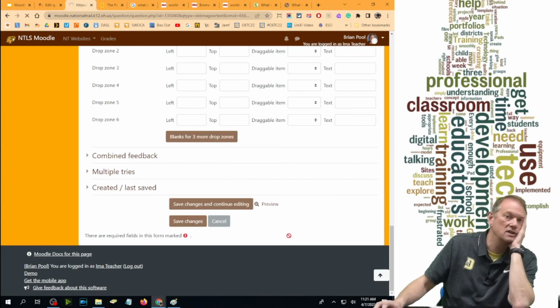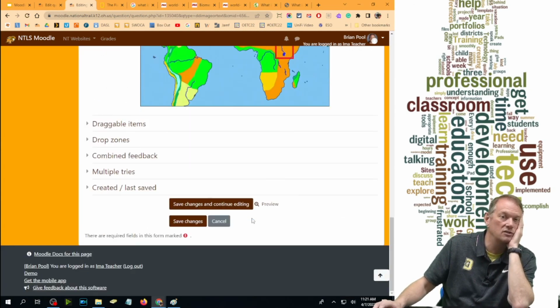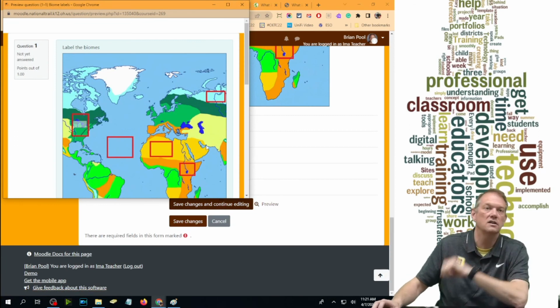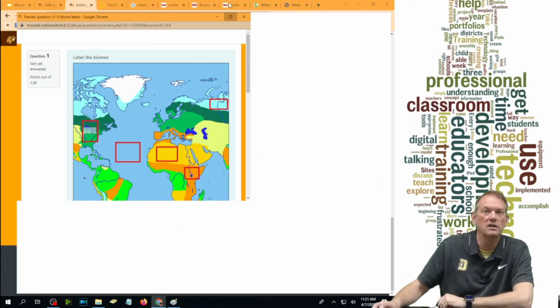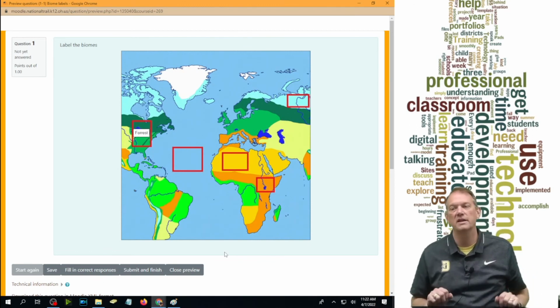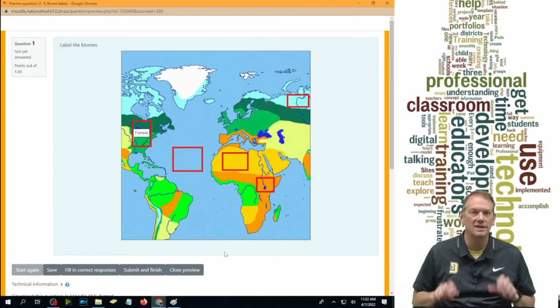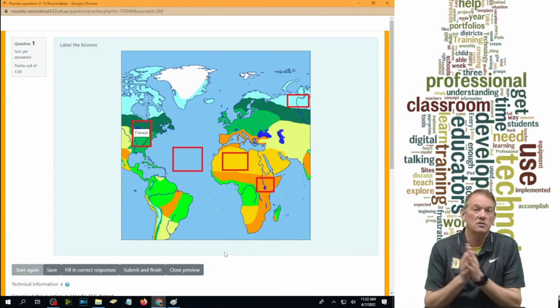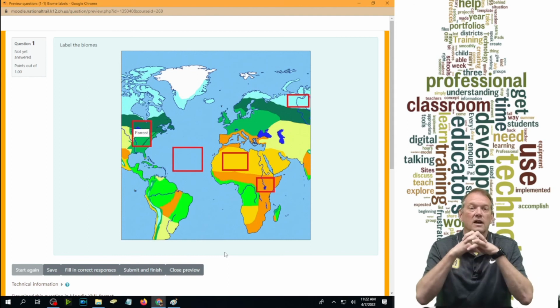Let's go ahead and save this and preview it. I have not used this one since it did it this way. Oh, and it shows the outline of where the word goes right there. So it lets you say that goes there. Basically the same thing. Because this one allows you to drag pictures, you could have something like drag the